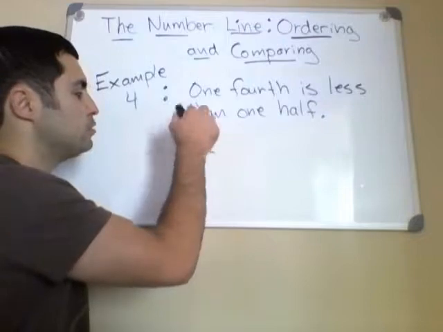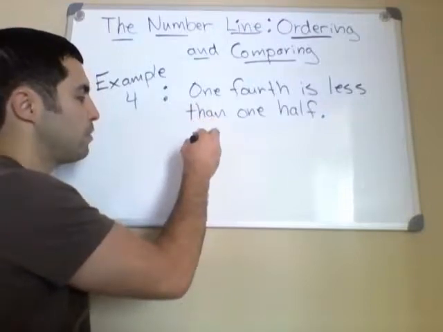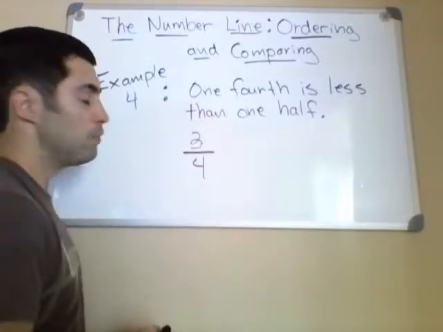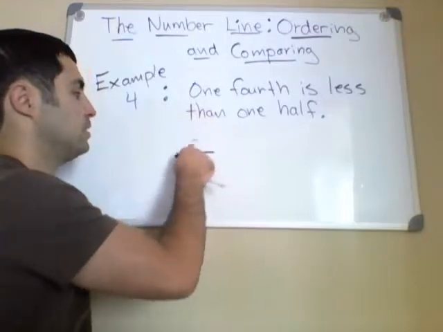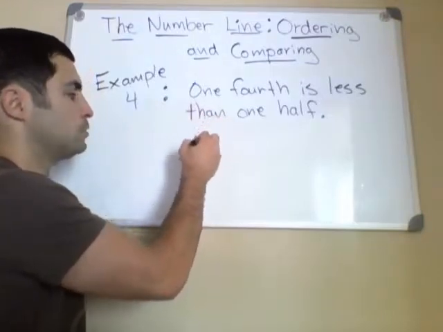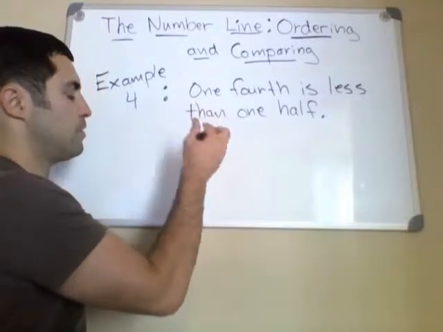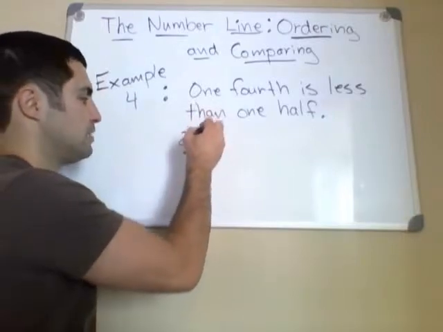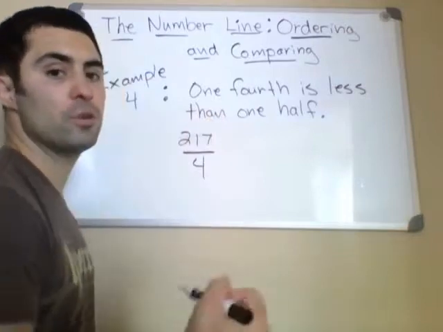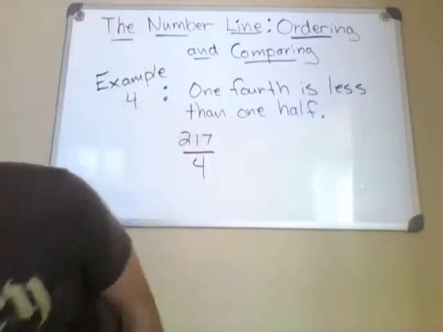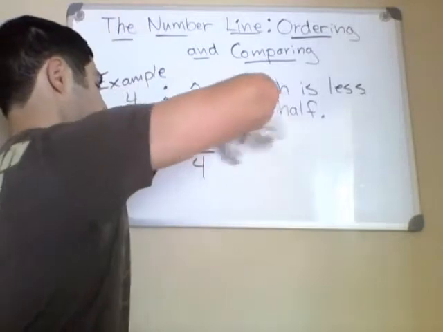If you wanted to represent 2/4, you could do that. 3/4 would be 3/4. 4/4 would equal 1. And you could even go more than that, do improper fractions like 217/4. How many fourths do you have? 217. But this problem says